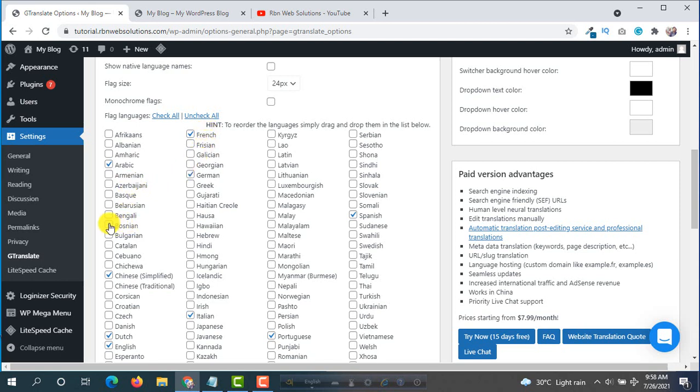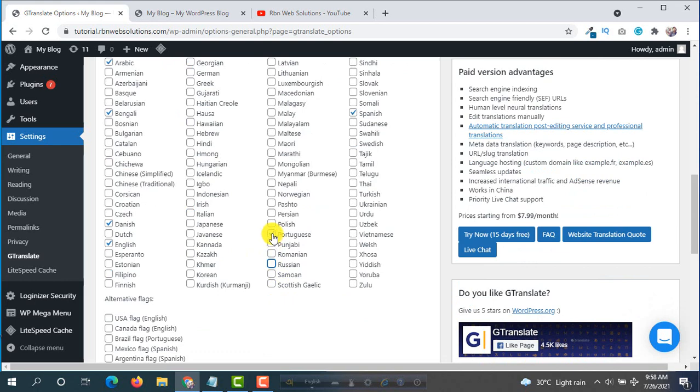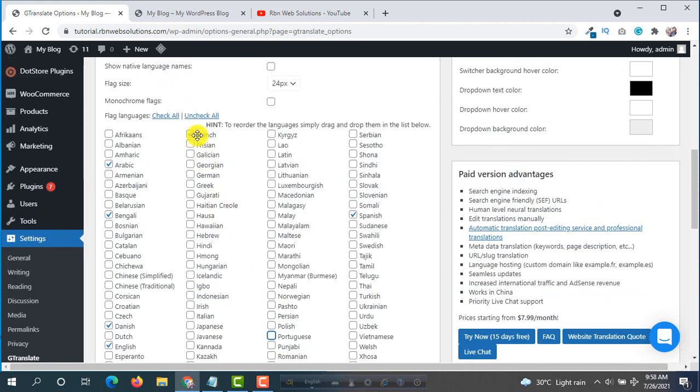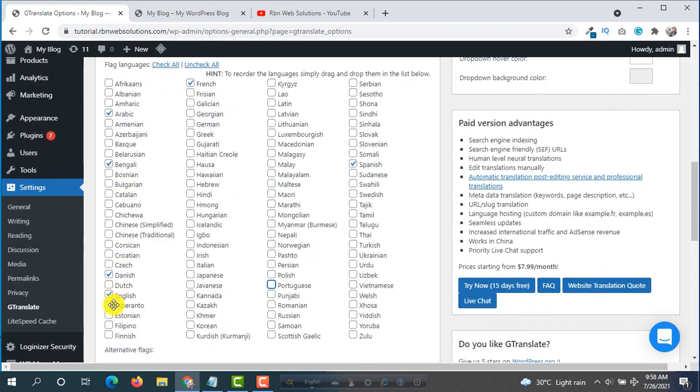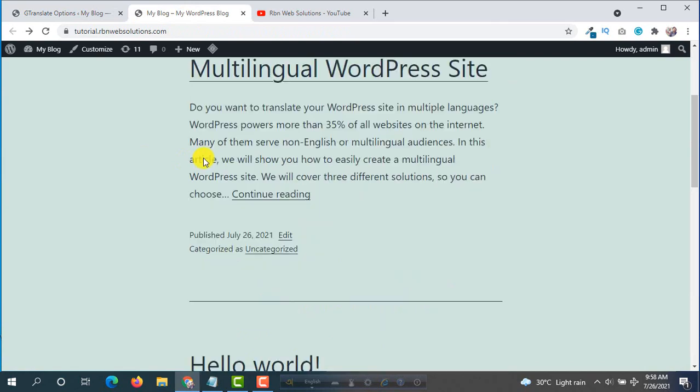Suppose we want Bengali, Arabic is fine, then Danish, French, we don't want German, Italian, Russian, Portuguese. Suppose we want these 5 languages on our site front end.